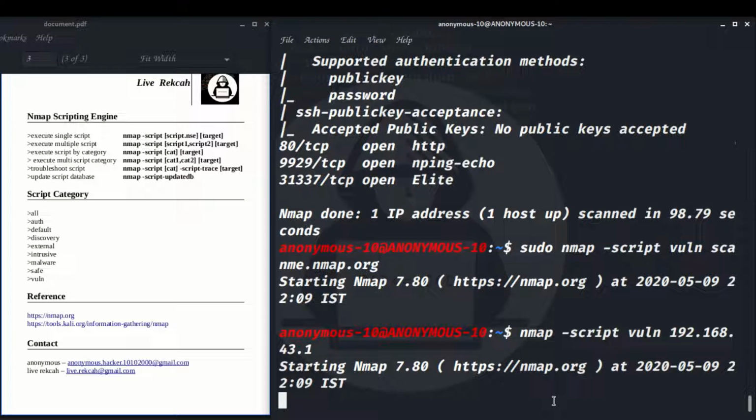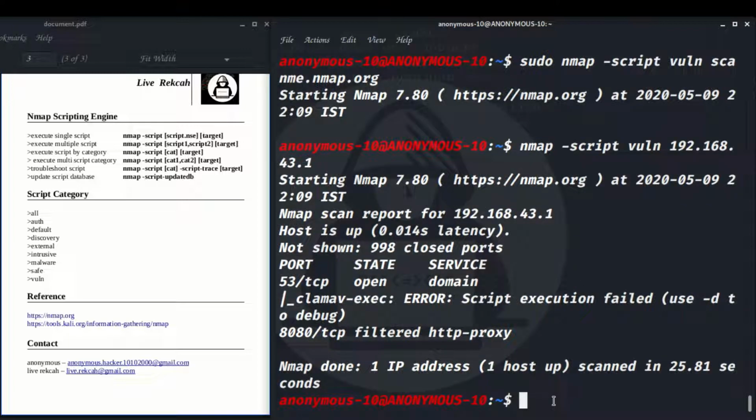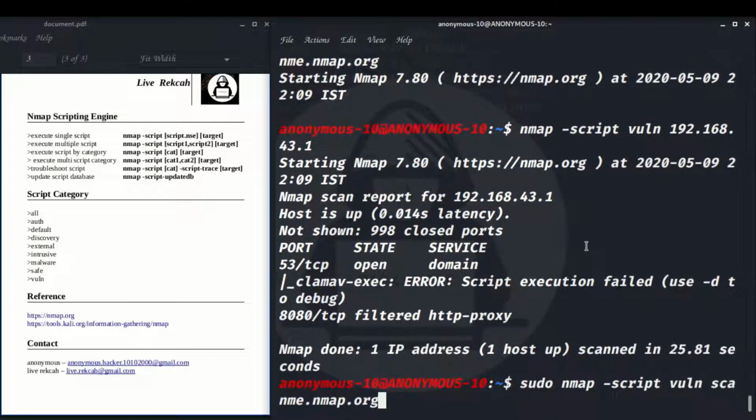Yeah, it is definite that I am going to put this Nmap in 4 parts. It took me 1 hour 24 minutes. Yeah, we got it. Script. Oh my god, script execution is failed actually. Use -d to debug. Why do I need to debug? The submask is not accepting the script.